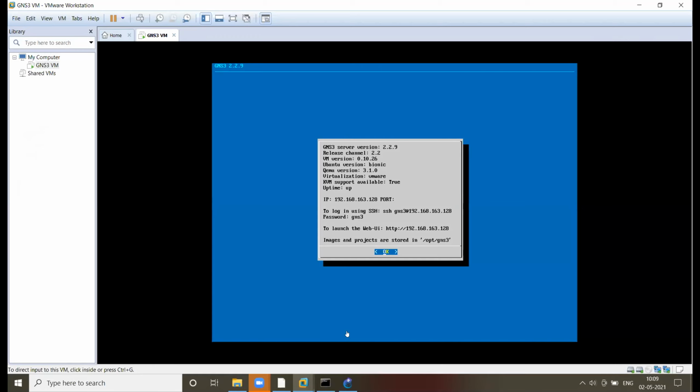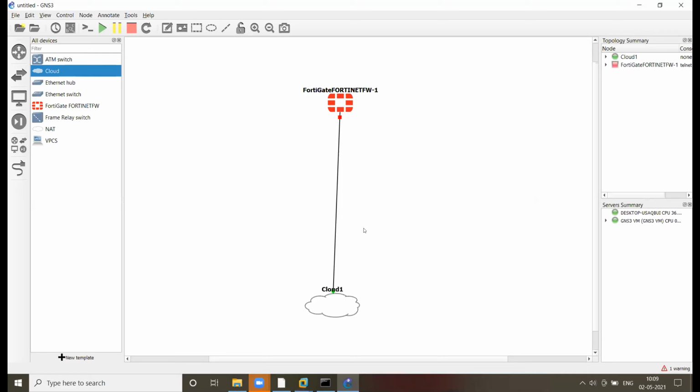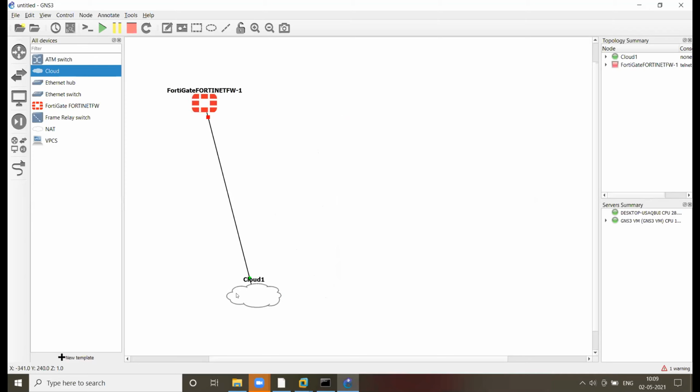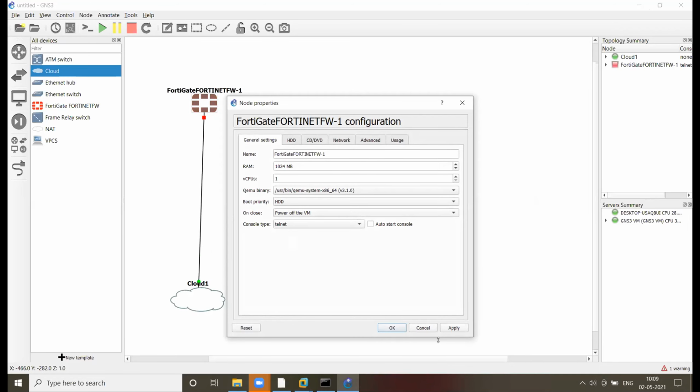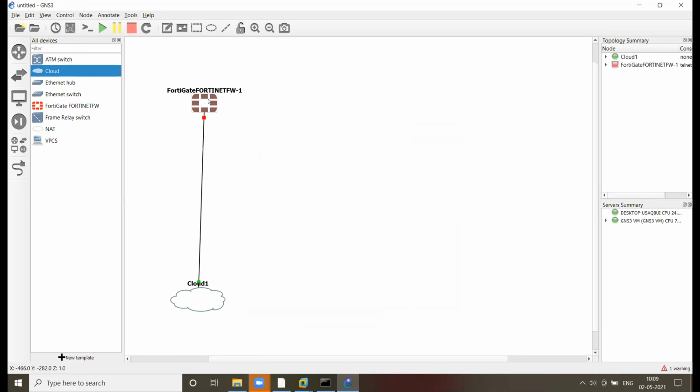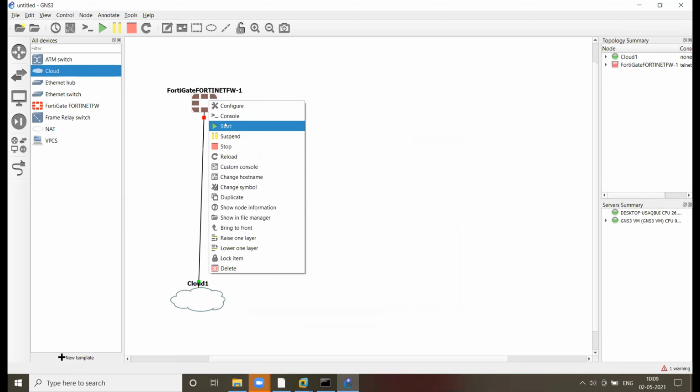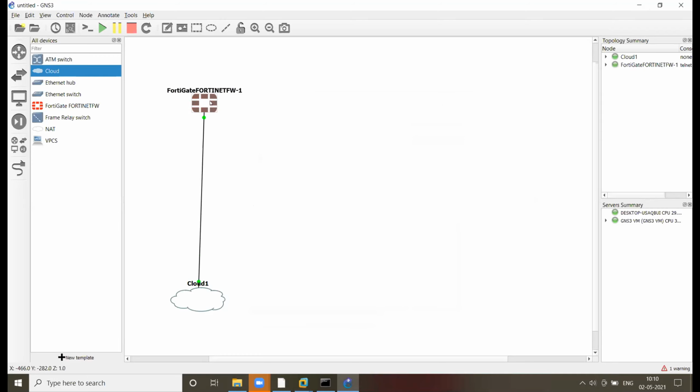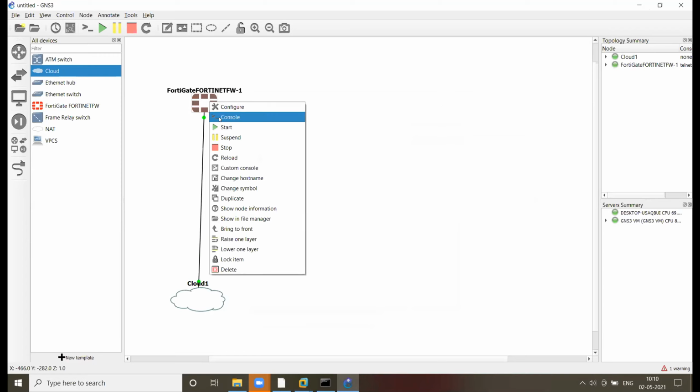Can you please minimize this VMware Workstation? Now you can start your firewall and take the console.